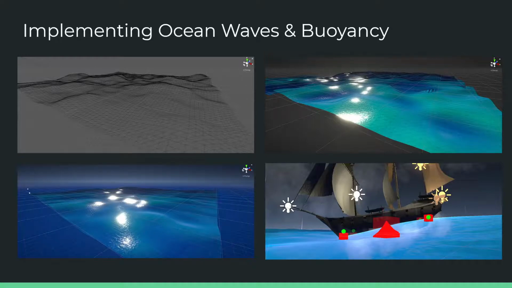Finally, we have a buoyancy script which can be used on objects that are to float on the wave. On the bottom right, we have a ship with a particular buoyancy script. Here we can see red boxes and two green spheres, each on one side of the vehicle. On the ship, the big red box signifies the center of mass of the bounding box. Along with that, the red cubes signify the wave water line at that particular point in time. The green spheres indicate the horizontal perpendicular from the normal vector of the wave. Based on the difference of heights between the spheres and the cubes, we can calculate a torque which will cause buoyancy and rotation in the particular direction for the ship.